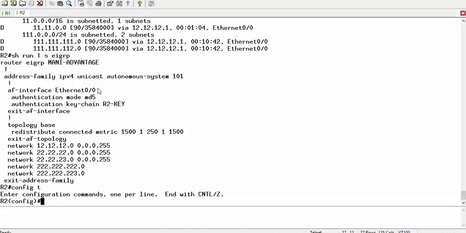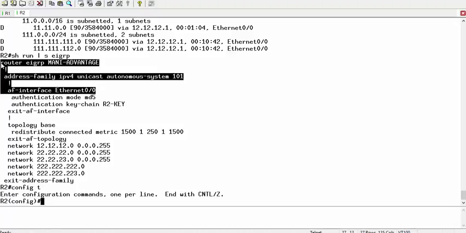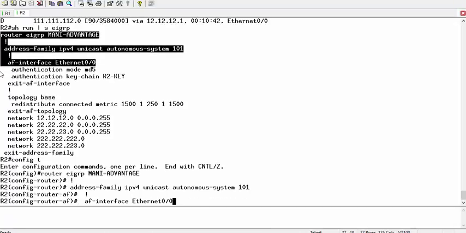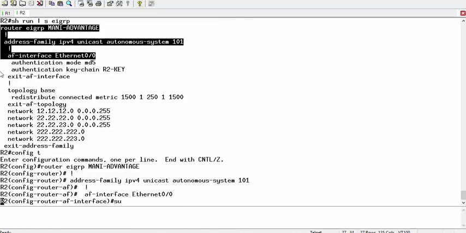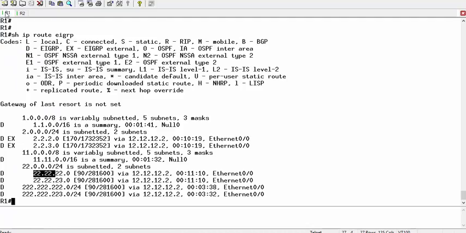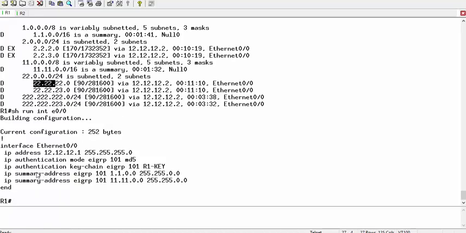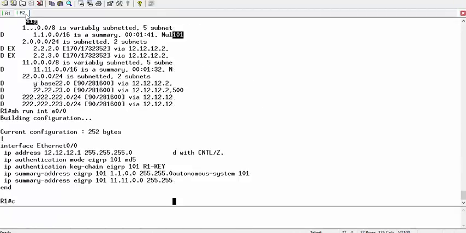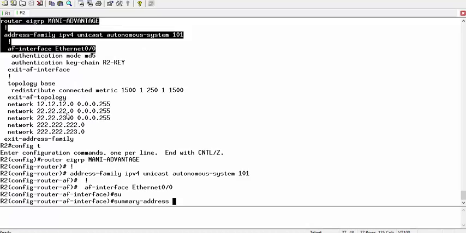I'm going to use the CCIE shorthand method, guys, but when you do CCNP stuff, do it normally. But if you're going to do CCIE, do it a little bit faster. So I'm on the AF interface Ethernet 0. The command is summary address. In the normal mode, I will show you guys here, if I type show run interface Ethernet 0/0, I type two commands. One is called ip summary-address eigrp 101. But in the new method, I'm going to go to the AF interface and just type summary address